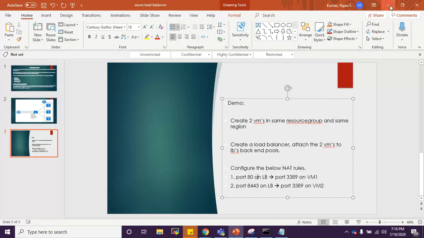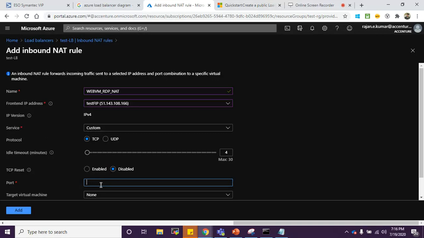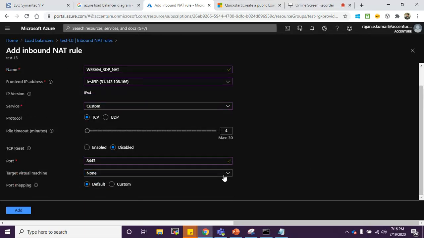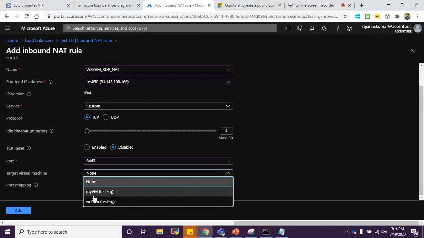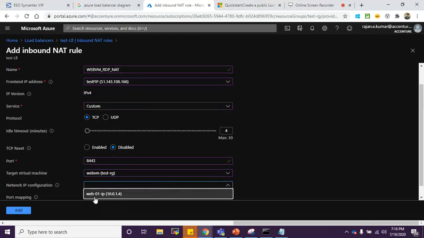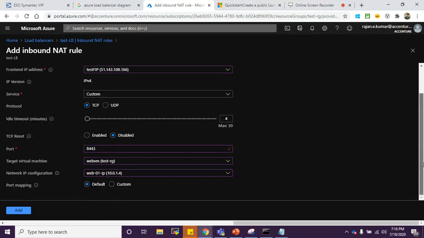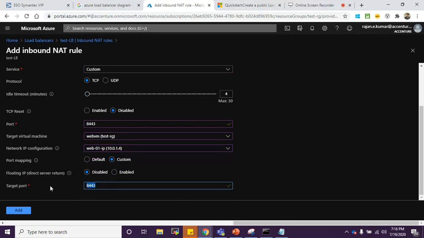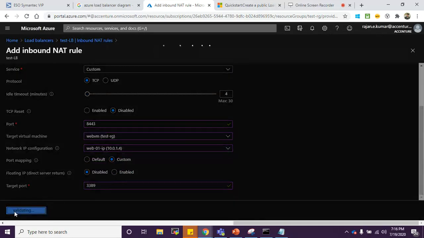So we will choose a custom port, and I'll give the custom port as 8443. My target VM is WebVM. The IP address is 10.0.0.14. Port mapping is again custom, with the same target port 3389. Let's add this also.